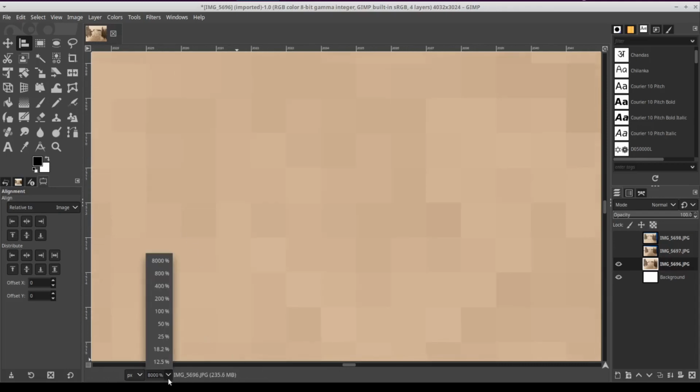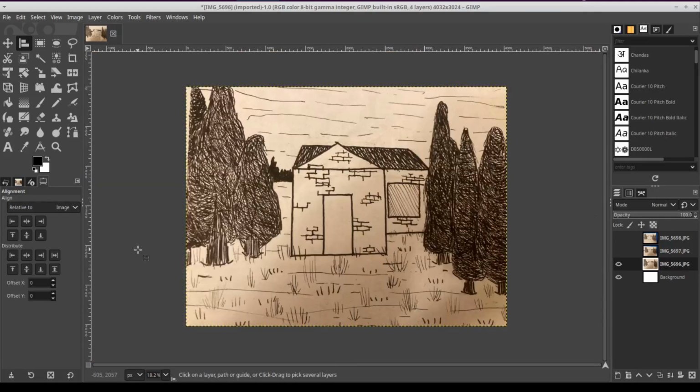I'm doing this way because I'm aware that there are other tutorials online, but most of them include stuff like, oh yeah, scan using a scanner, and then edit this in Photoshop or Adobe Illustrator or something like that, and I'm aware that not everybody has access to such software or a scanner, in fact.